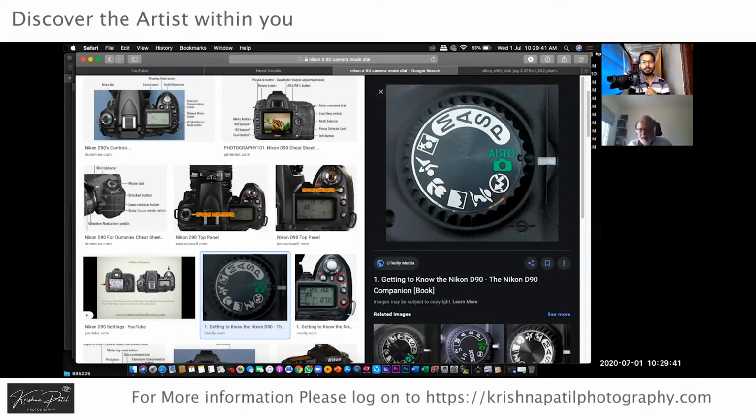The high resolution cameras have many more features, but every basic level camera will have these features: auto, without flash, portrait, landscape, macro, sport, night, and then the 4 M, A, S, P. It is in Nikon, right? It is in Nikon. If you are using a Canon camera, P will be the same,